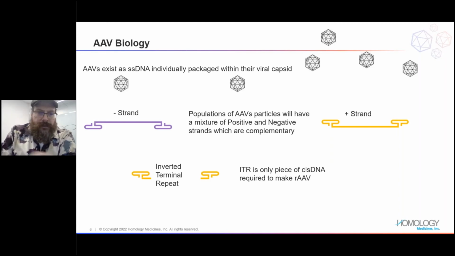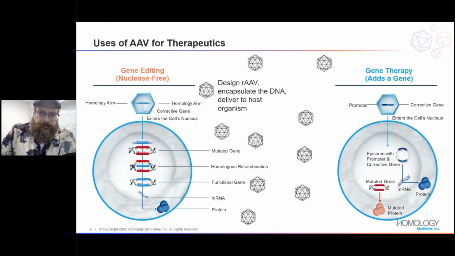And the other thing is, the only thing you need to bring along from the wild type AAV, obviously the capsids, obviously those proteins, but from a cis-DNA standpoint, you need your Princess Leia hair buns there, the ITRs. They are really the only thing you need to worry about bringing along for the ride when you construct these things.